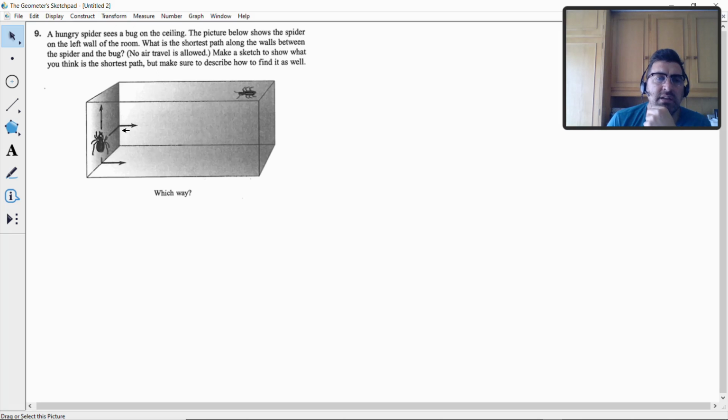Now, no air travel is allowed, so you can't jump from there to the opposite side of the room. That's what they mean by that. You've got to walk along the walls, or you can walk along the ceiling. Okay, so let's see the ceiling and the floor as a wall as well. Make a sketch to show what you think is the shortest path, but make sure to describe how you find this as well. Okay, so what I'm going to do for you now is show you